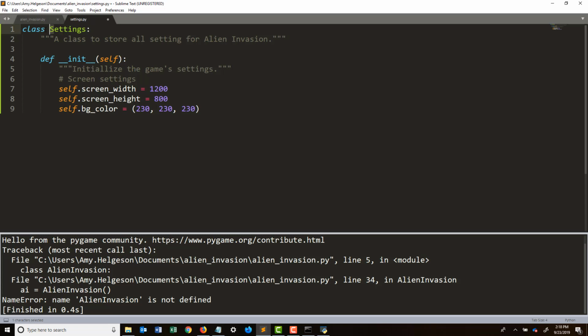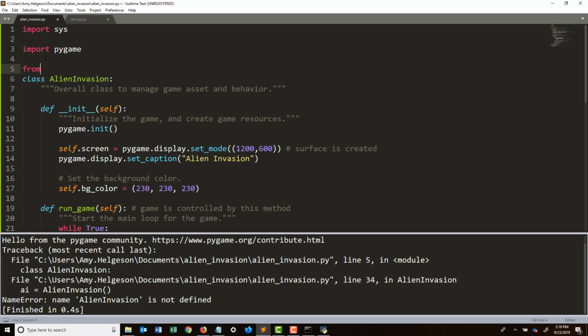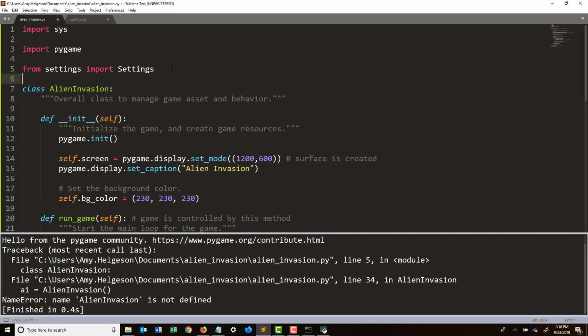Now when I jump back to Alien Invasion, I just import this into my page. After Pygame, I say from the settings.py file, and I just type settings, import the class name of Settings. You've got to make sure that it has a capital S on it. Okay, then we go through and we see pygame.init, and then we're going to do